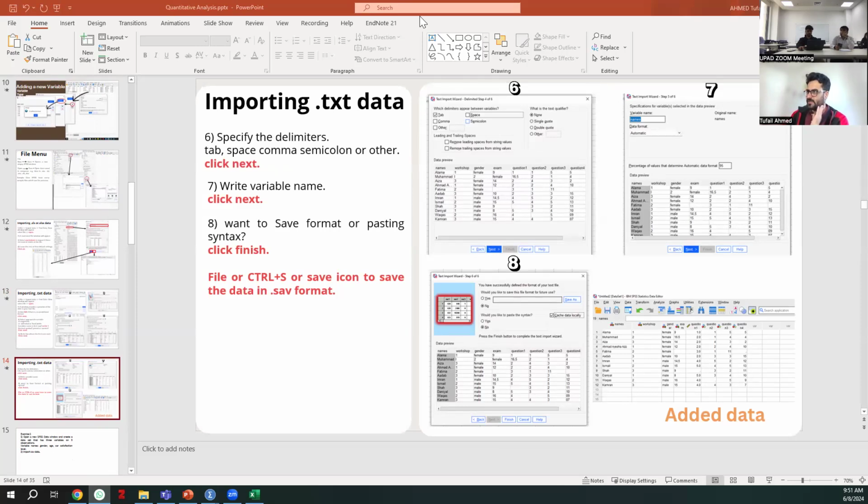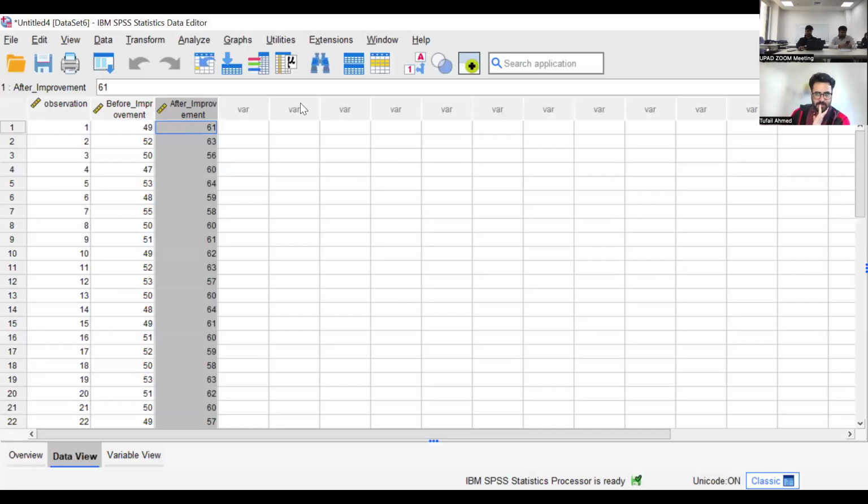I shared the data, Dr. Adil. Tufail, just one thing, can you rename this file a bit and then send it to me? Just name it data.